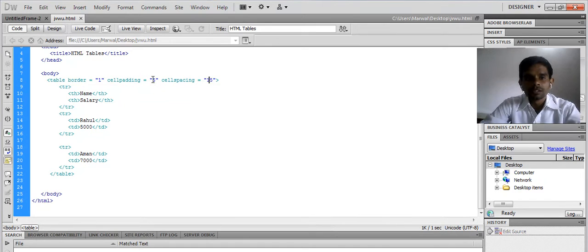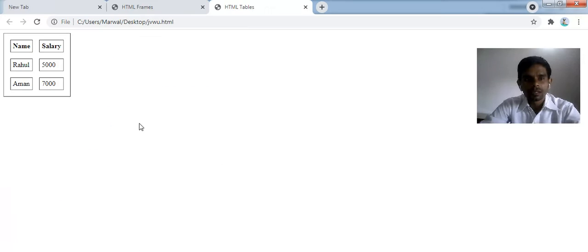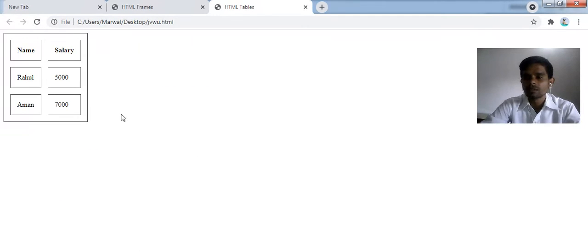Same thing if I increase the padding. If I increase spacing, this particular area is increased. But if I am talking about the space between the text and the border, then I use cellpadding. These are the two properties we mainly use when creating a table.